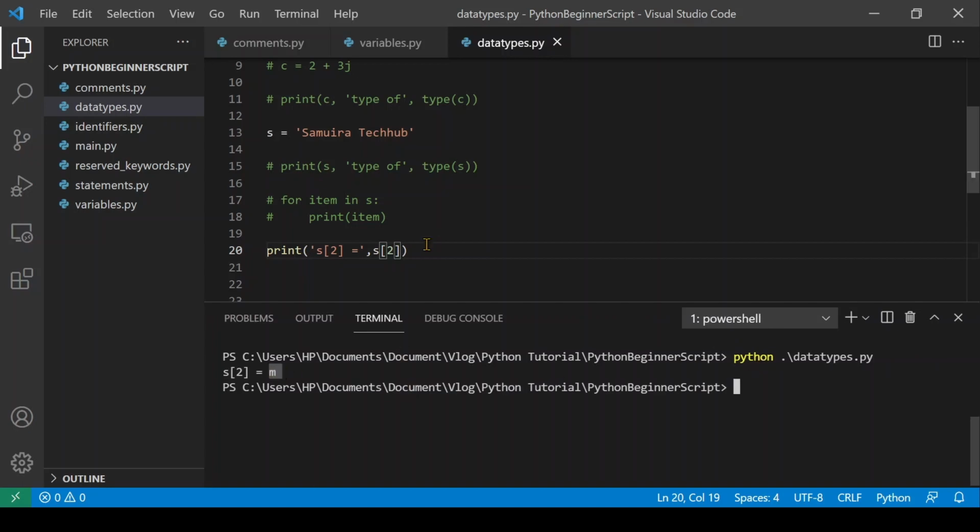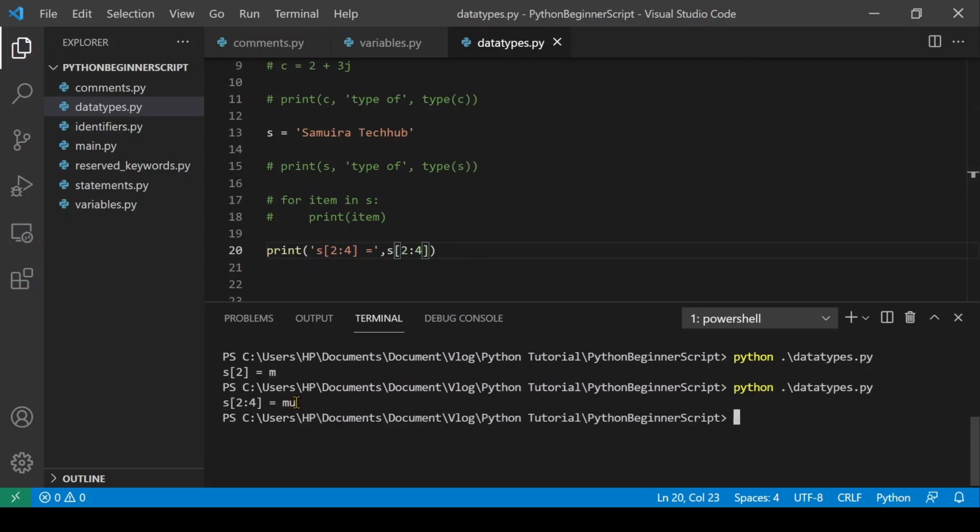Also, if we want a substring of a particular string, we can write s[start index : end index], and this is called slicing. As you can see, mu has been printed in the console.